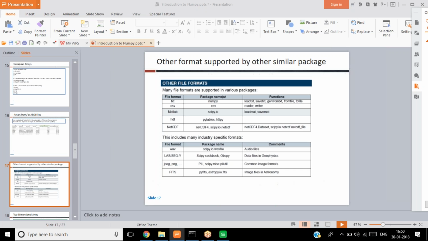NumPy is not yet finished. I have several functions still to cover for NumPy, like mathematical functions or statistical functions, and a lot of other functions which are used for developing algorithms. I'm going to discuss these in tomorrow's session. I will again record this session and put it